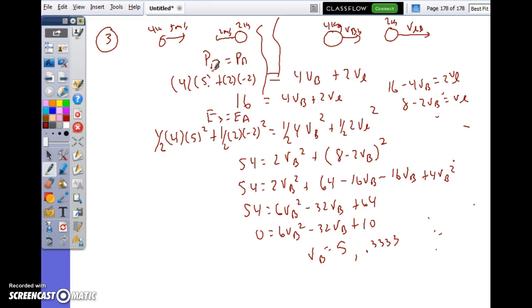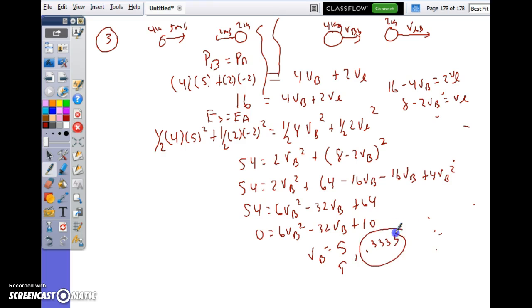Yes, sir? Couldn't you have just skipped all this and realized that the one on the left is bigger and going faster? So wouldn't it win? Well, there's a lot of dicey things to go with that. What do you mean by win? I mean, it's going to be the one that keeps its speed, the 5 meters per second. Right, but this gives you direction. Except, why would you assume it's 5? Because it's also big. It was going 5 originally. Okay, as long as you put the originally part in there, I'm with you. So it's the one that's not the original, the one we're interested in. This is nice, but it's not the right answer. We know it's the other one.